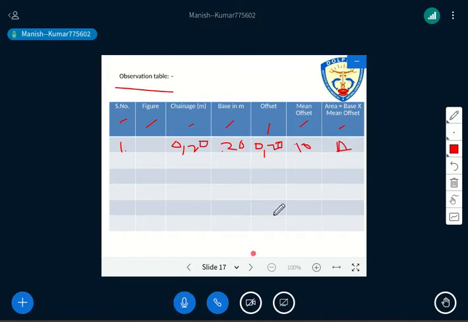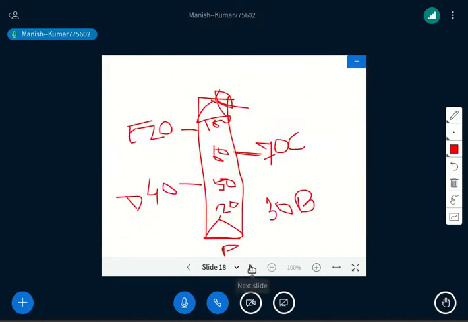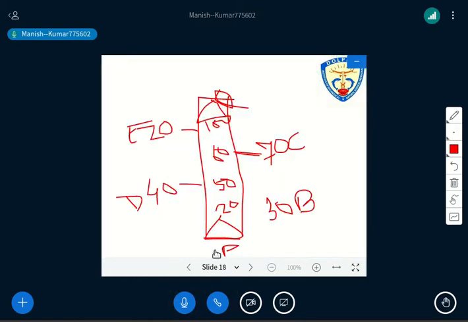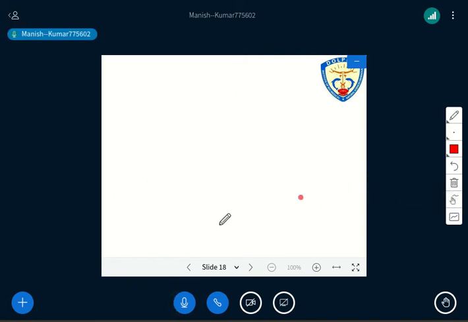Is it clear? Now here is one more thing that you have to understand: before writing the data in the observation table you have to make one diagram. How the diagram will be there, try to understand here. Another figure I have. Okay, just keep this data in mind. I am making the image here itself. So I am starting from, this is 0 to 100.